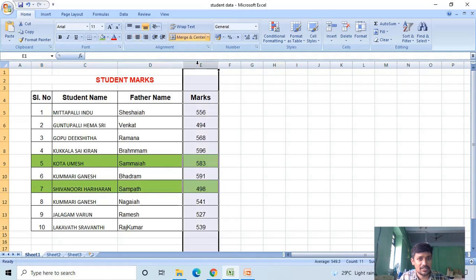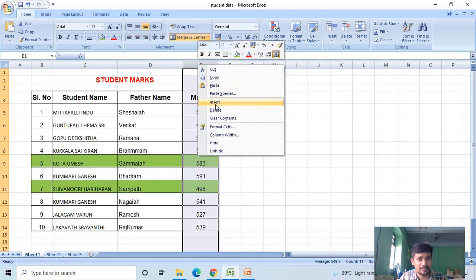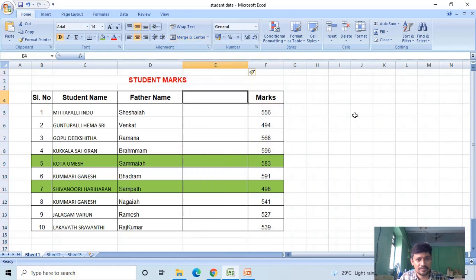I will insert one column, mother name. I'm adding the column as mother name, and I may enter some of the students' mother names.